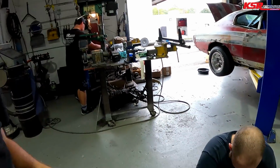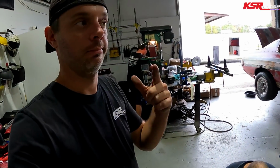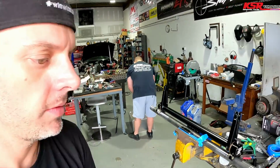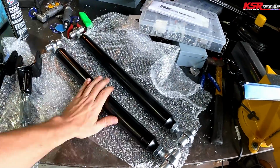Pretty neat little trick, similar to what we did in the Dale truck. The Dale truck one I did was round. Took a whole lot longer to fabricate that. So vice grips is square. And that's that. All right, the next modification we are doing to vice grips independent Chevelle is some brand new